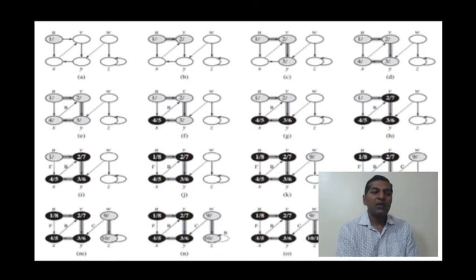Any adjacent vertex of that? Yes, we have an adjacent vertex. Let's make it gray, assign a timestamp of 10 to it, and this particular edge has been discovered. Then does any adjacent vertex of this particular z exist? No, it doesn't. So let's make it black and assign a timestamp to it.